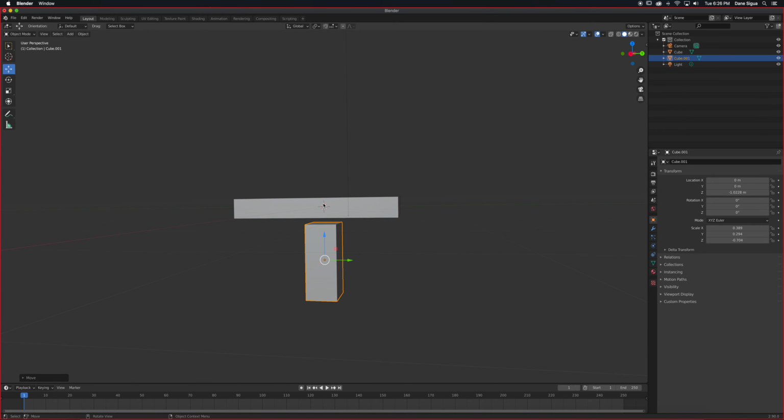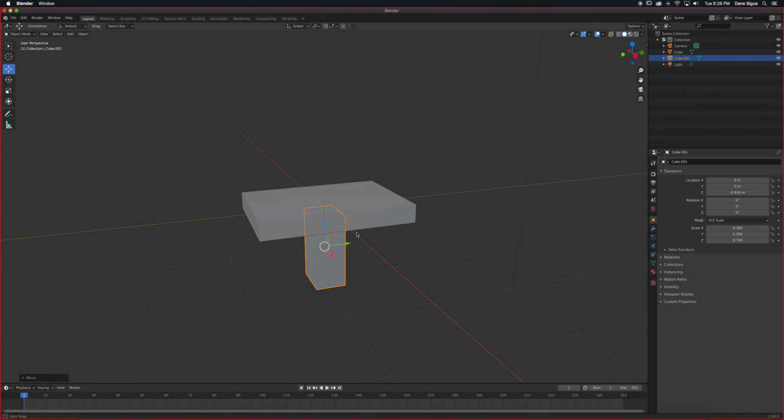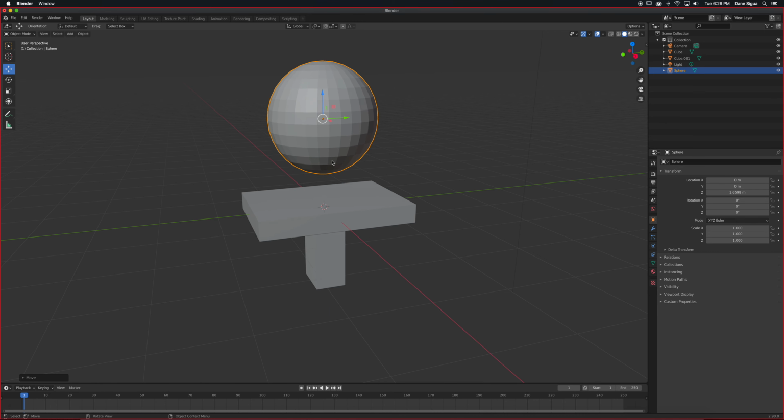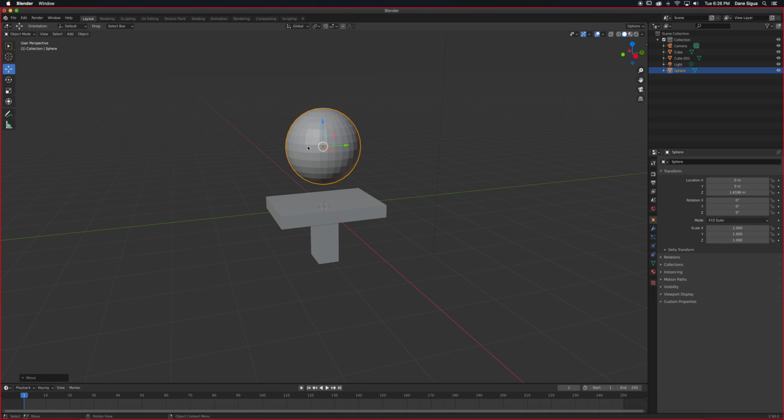Okay, let's say that's your table. You didn't want to do the fancy one I made. You just want to keep it simple like that, like a park bench, park table. And then there's a little bit of mesh that you can create right here. You know, cylinder, monkey. I don't know why you would do that, but it's there. UV sphere. Okay, so there's so many things. You know, just for distancing also. It's a great way to get started with your background. You can concentrate on the performance of your main character.